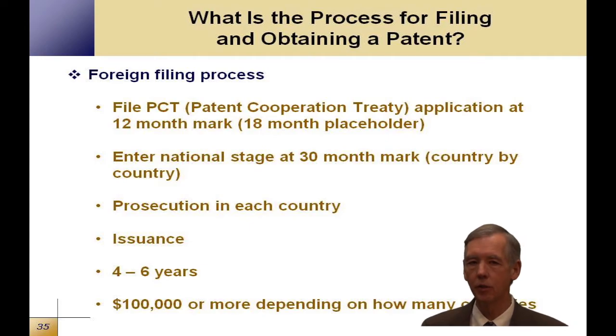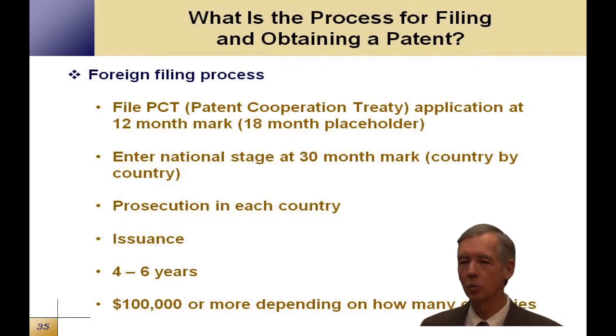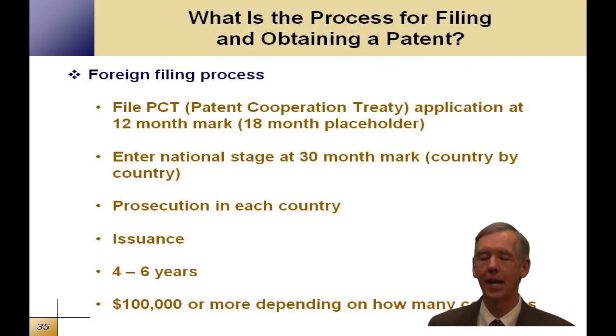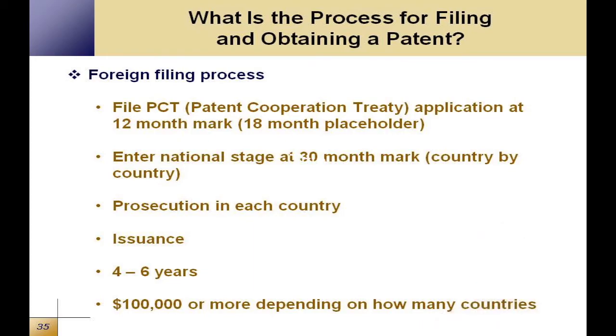Issuance will result if all goes well and if the money is there to underwrite it. It can easily take 4 to 6 years or more. Translation costs are involved. There are special proceedings involved where the patent applications can be contested. It can be a very expensive process, $100,000 or more, depending on how many countries are entered. So for the university to go this route, this national stage route in foreign countries, it's really important to have a company signed up as licensee and in order to cover the costs of the patent filings in all these countries.